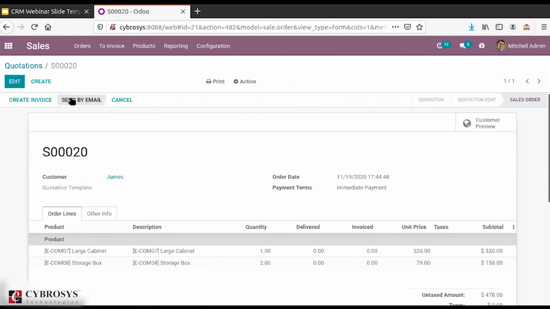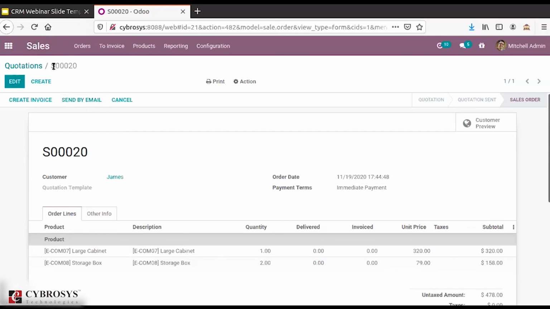So we can say that with Odoo, the process of CRM, that is customer relationship management, goes like this. First of all, we create the leads, then we convert these leads into opportunities if we find it is okay with us. Once these opportunities are confirmed, we convert them into quotations, send them to our customers, and convert them into sale orders. So this is how the entire process in sales or CRM goes.